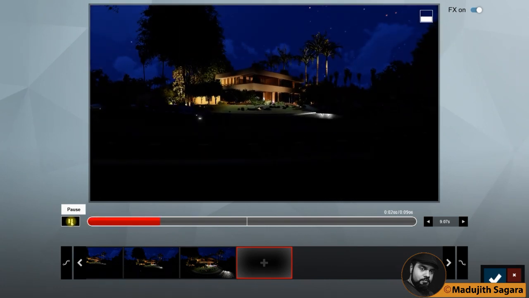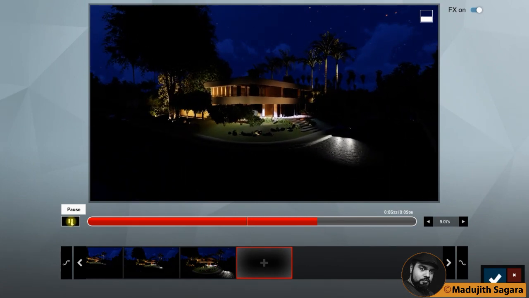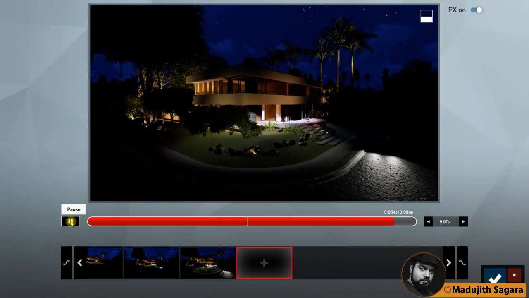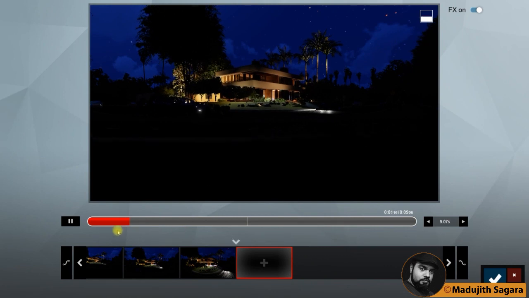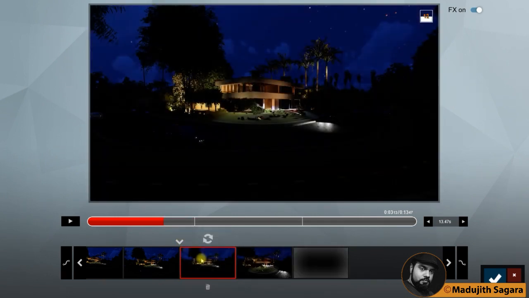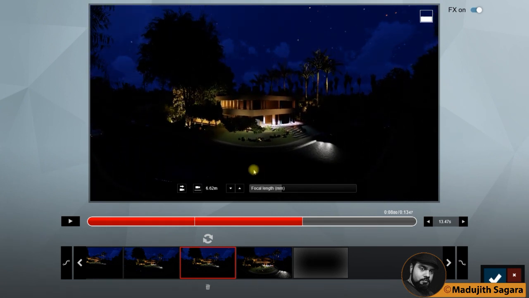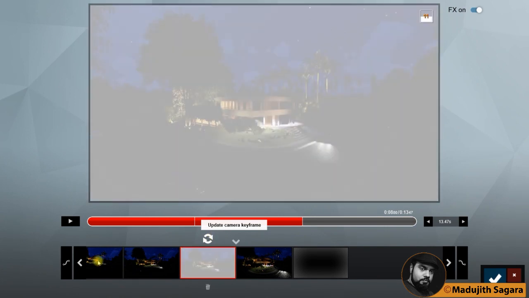It is going smoothly and it is focusing, right? Then think that you need to add another keyframe here. How to do? You need to add another frame in between those two. How to do? Insert camera keyframe. This is okay. Then you have to go here. Then you can go to the new keyframe and you can refresh. Then we will play and see.